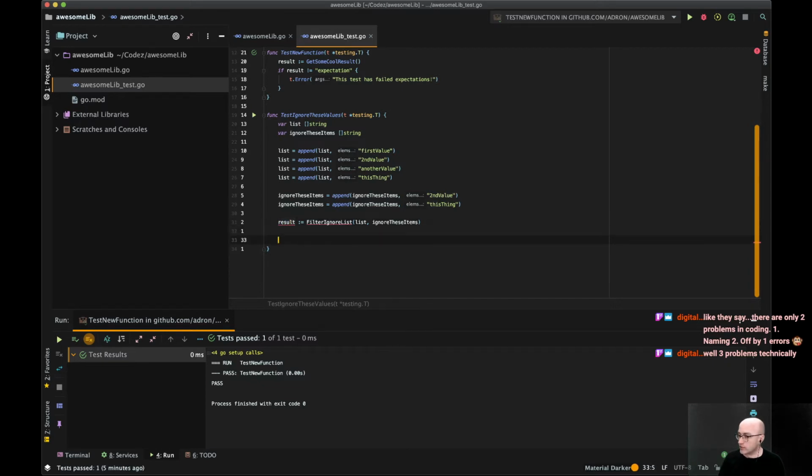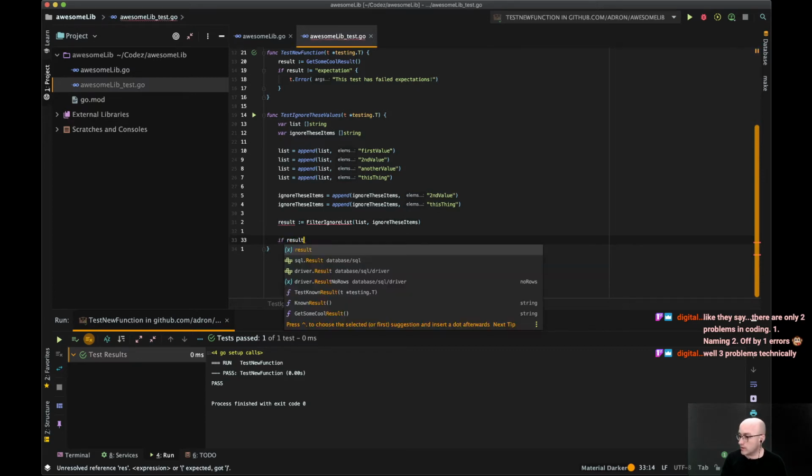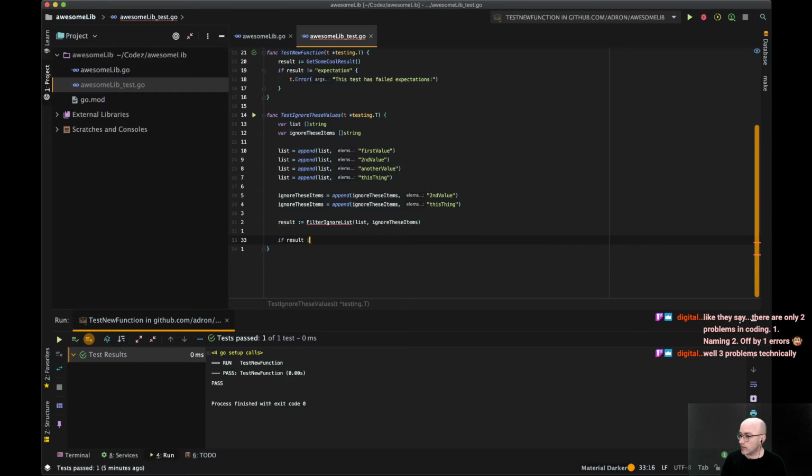So let's here. We'll do if result, it's not equal to, oh, we'd have to build a new, let's do this. Result, we'll test the first bit, right? So the first one would be, we can do length. So the length should be 2. That would be a good test.